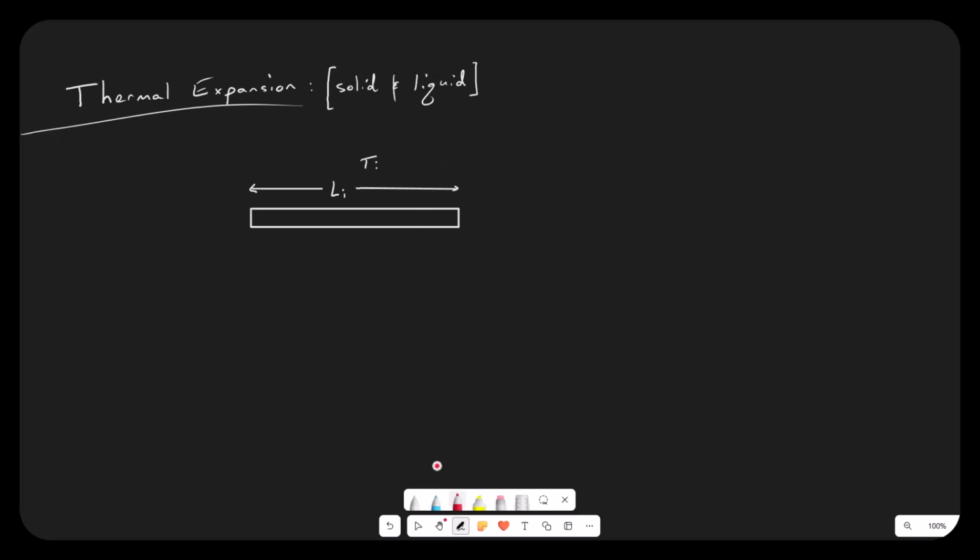If I heat this up, so if I put maybe some flames underneath and heat this up, what's going to happen, this bar is going to get just a little bit longer. I'm going to say let's pretend that the left side is attached to a wall or something so that we can't expand in that direction. This bar is going to get just a little bit longer, and I'm going to call that distance, that difference,